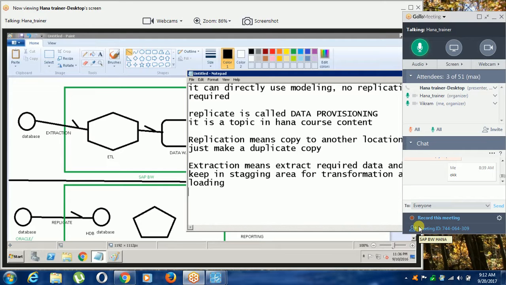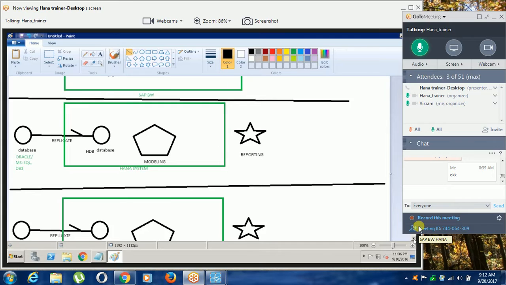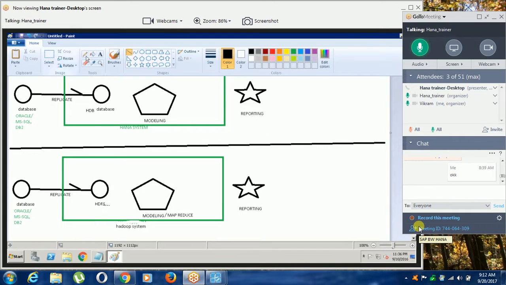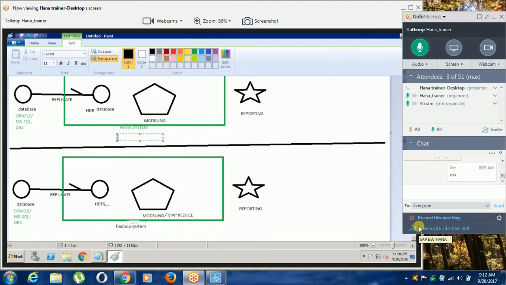So similarly, HANA and Hadoop, they are using modeling. Modeling means on the fly. Modeling means analytical data, reporting data on the fly.